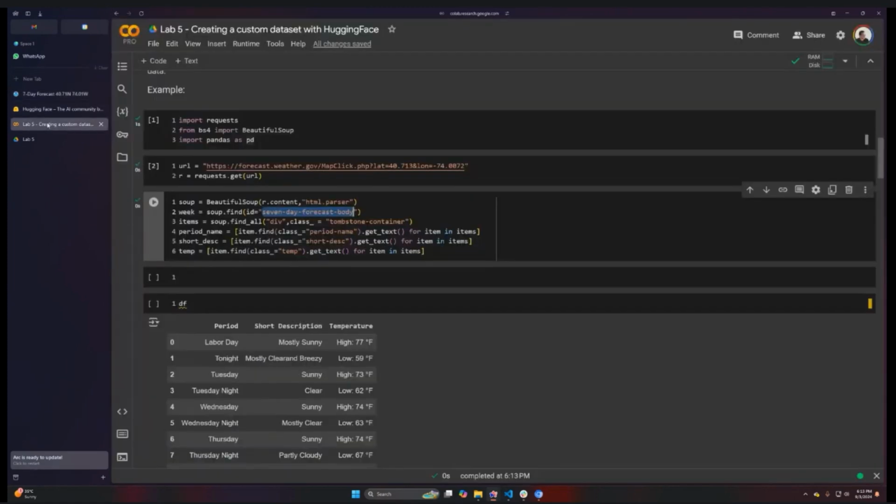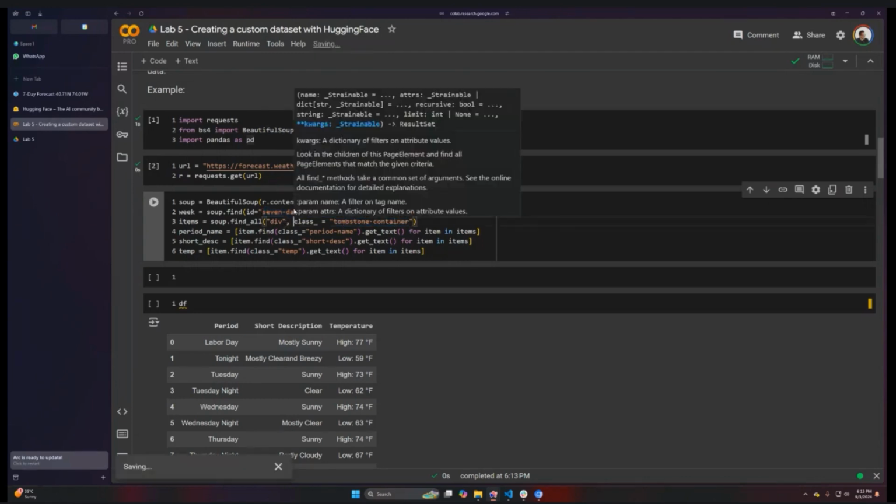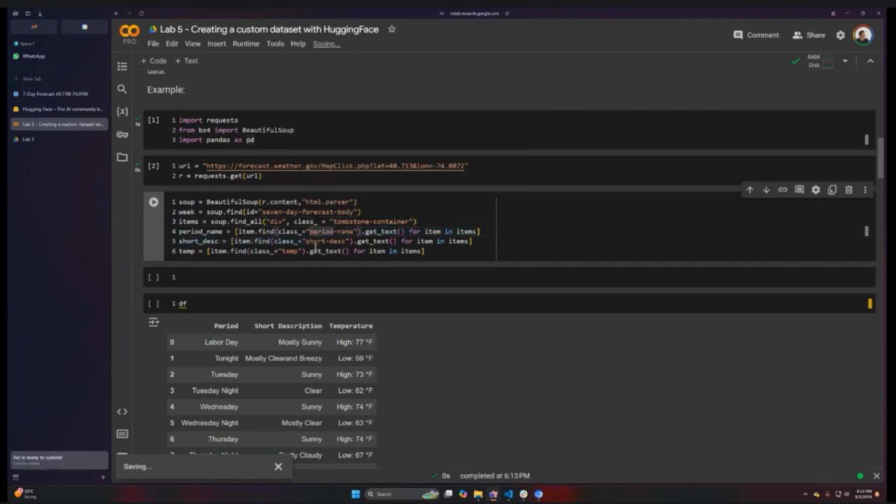And if you go to my code, you will see tombstone container, which is each of these buckets. Then we have period name, short description, and temperature. Okay, each of the elements. Now that we have all of this, it's time to create